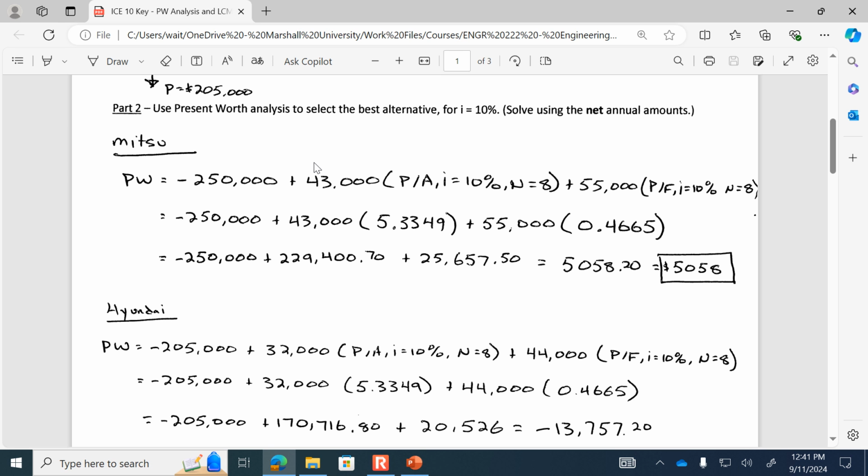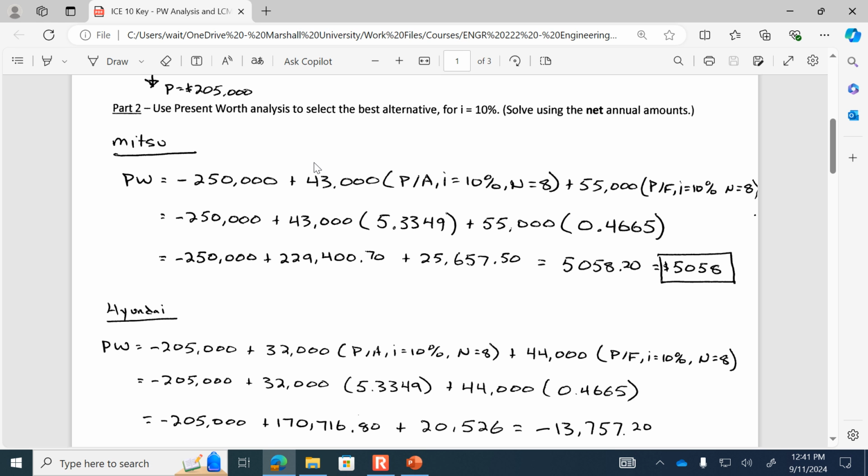So we're using the present worth analysis to compare these 2 alternatives. In this problem, both alternatives have a useful life of 8 years, and so we don't have to do anything to adjust the study period. But we do want to identify which alternative has the highest positive present worth. Option A, Mitsubishi, has a present worth of